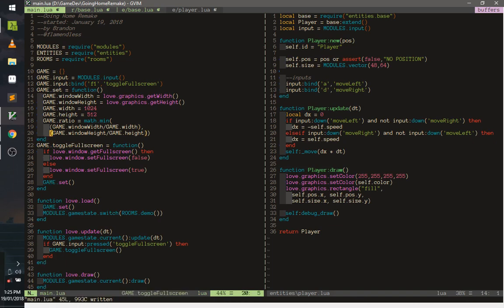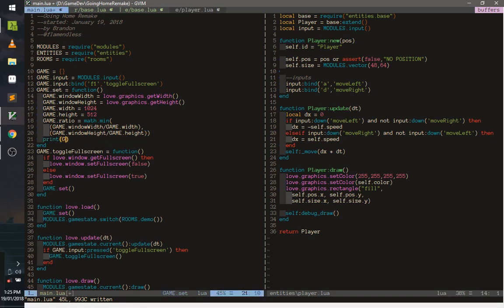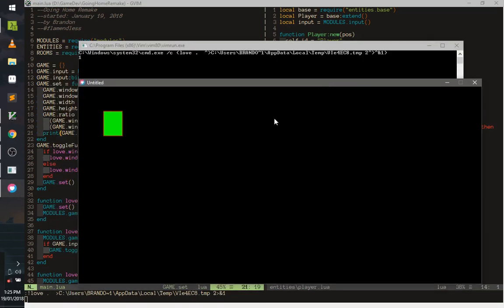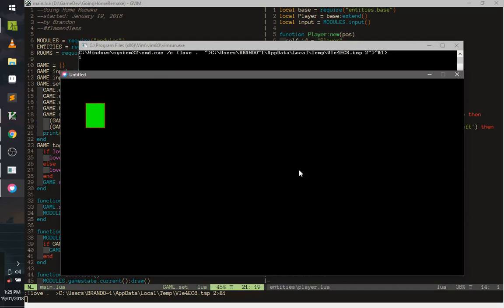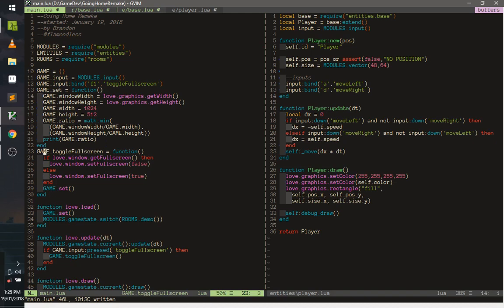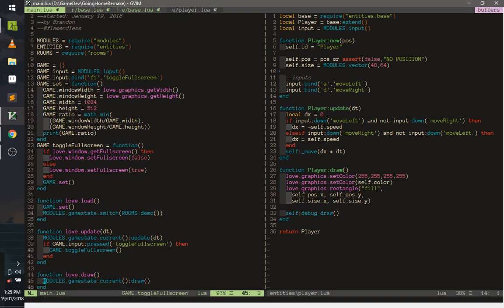So every time we set, let's print game.ratio. So the ratio is 1, right? Because our window is the same as the game. So if we toggle full screen, you see it is now 1.25. So now, yes, I know we need to separate this, but for now let's just say that